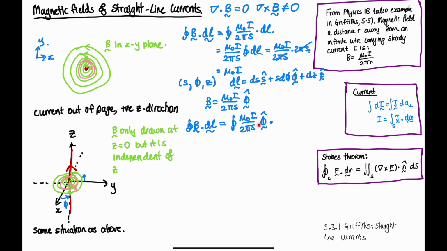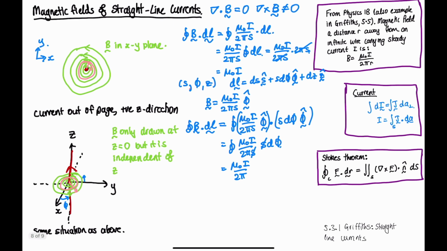And since B is only in the phi direction, we're only going to have to worry about the phi component here. So we can write this down as s d phi phi. So we're taking the dot product between these two things, and when we take the dot product, we end up with mu naught I over 2 pi s times s d phi. You can see the s's cancel out, and now what we can do is pull the constants out the front. So mu naught I divided by 2 pi, and then it's just the integral